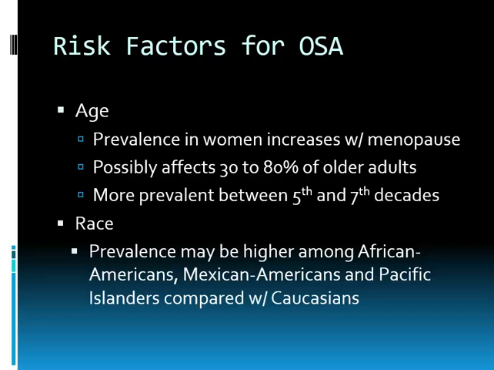Age, as we get older, everything gets floppier. I know I've probably said that before. So it includes the muscles of your upper airway. So age is a huge precipitator for OSA, and again, that gender gap starts to dissipate in women once they go through menopause. It's most prevalent between the ages of 50 and 70, and then once you get to really old age, you start getting to a population that